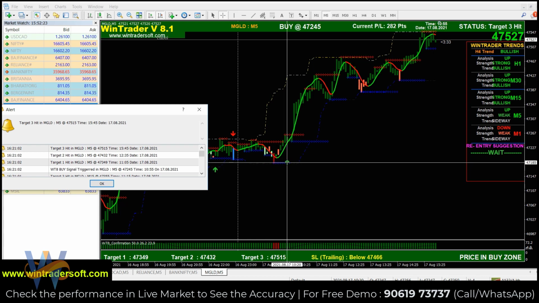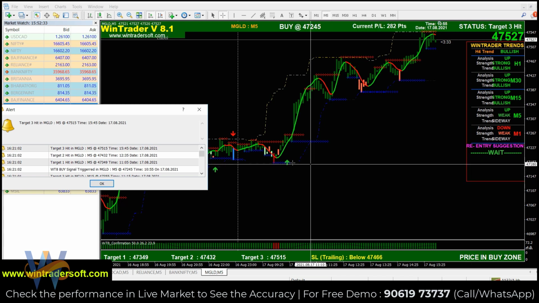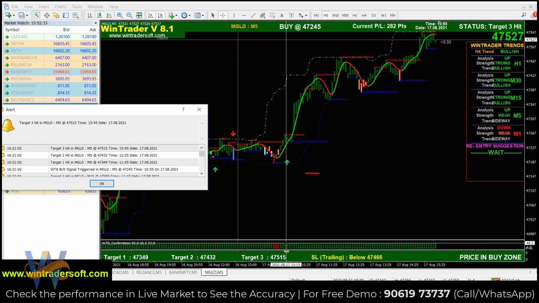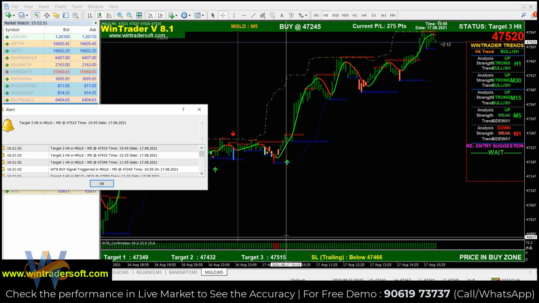The first confirmation, if it is a buy signal, on the bottom bar you have to check that the price is in the buy zone. That is the first and main confirmation. Price should be in the buy zone. And the second confirmation, below the arrow you can see there is a bar. That is our confirmation bar. The bar should be the same color as the signal. Means if it is a buy signal, then the bar should be green. You have to check only two parameters. If it is a buy signal, then the price should be in the buy zone and the bar should be green. Only two parameters you have to confirm.